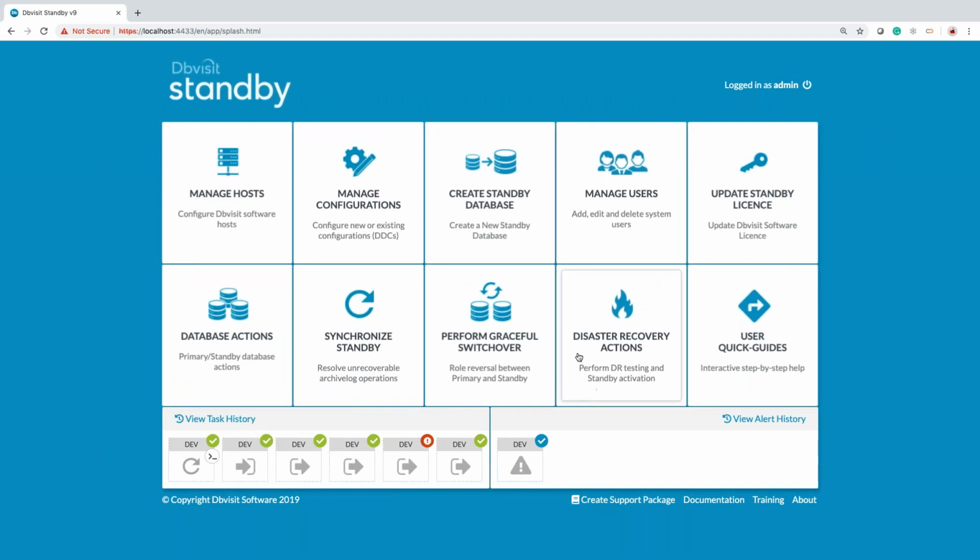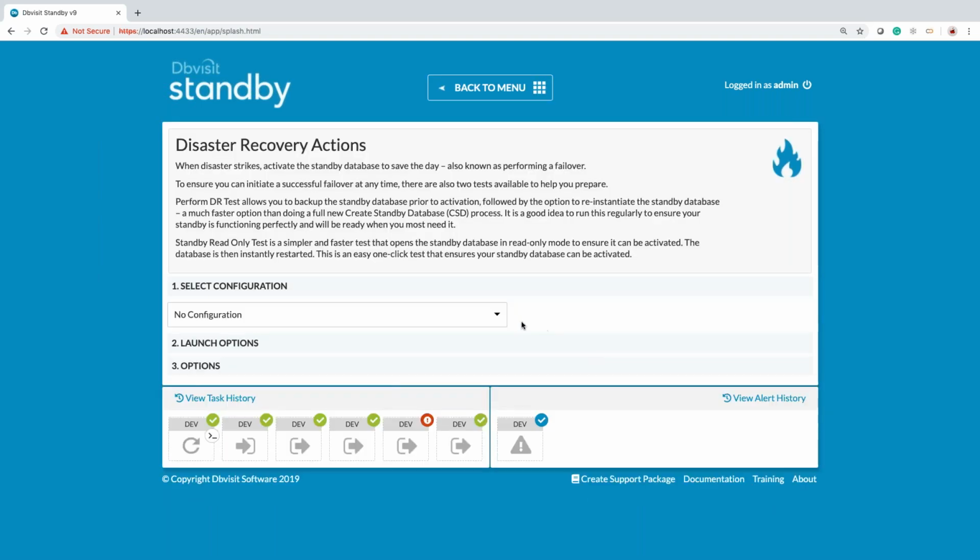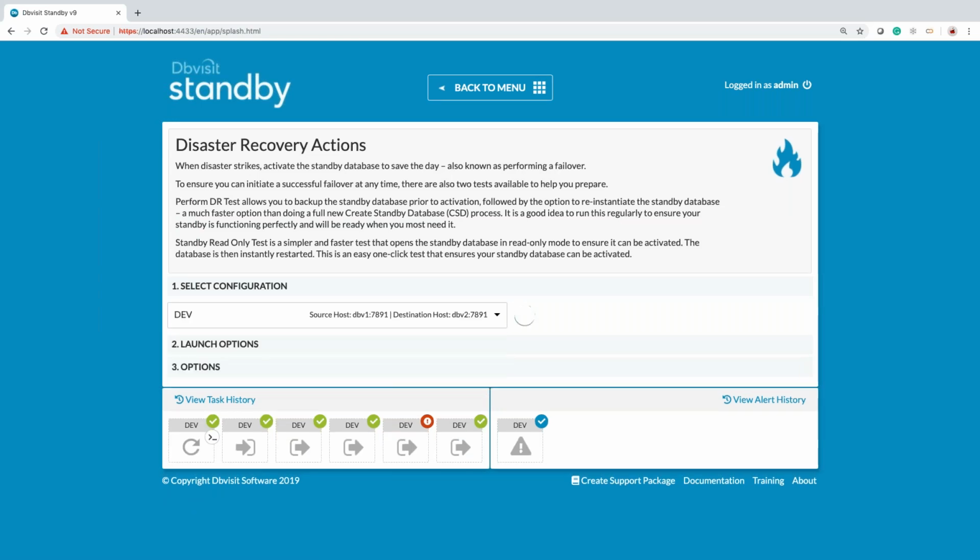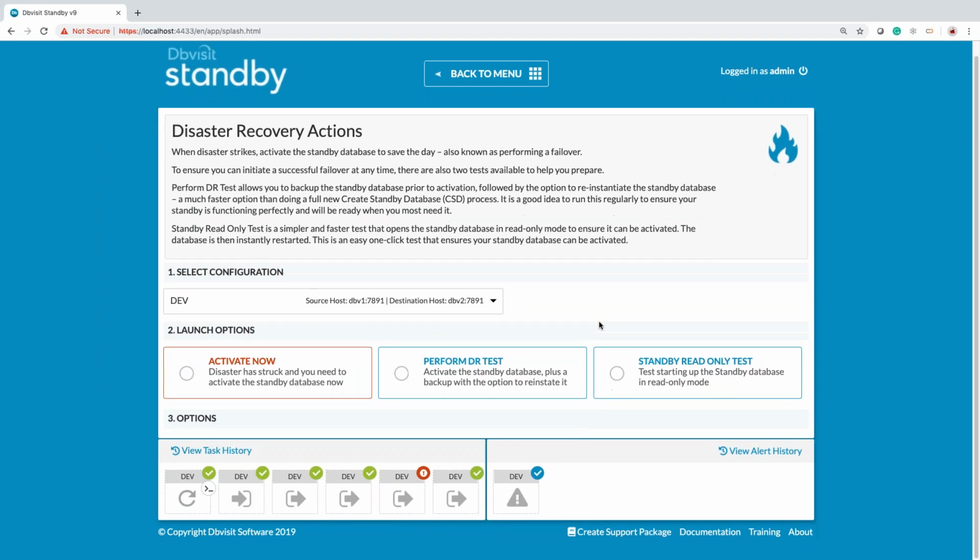Okay, so now we're getting to my favorite bit, and I'm very excited because, believe you me, this is making life really, really simple and easy when it comes to DR testing. So we get to the disaster recovery actions, and here we obviously, as per normal, are going to choose our configuration. As mentioned, we still have our activate now, and then we've added the standby read-only test, but we've got this